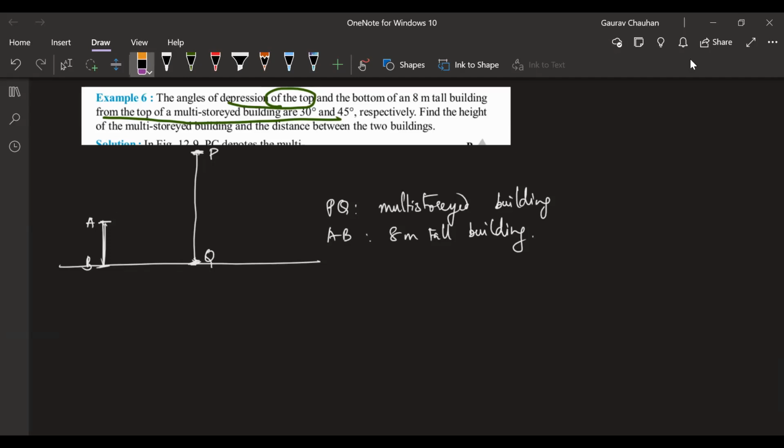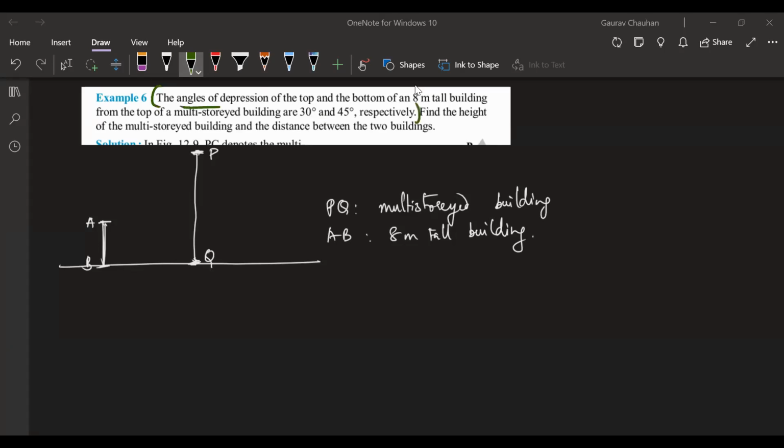Now, both angles of depression, if you notice, the sentence is a very long sentence, but take a minute to break this sentence down. Whenever you see such a big sentence, your first job is to stop and take a breath, and break the sentence down. Don't be in a hurry. Read it 2 times, 3 times, 4 times. But if you read it again and again, you're not going to understand. You're going to understand when you start breaking the sentence down.